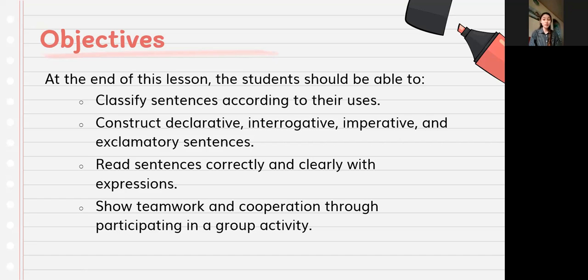But before we proceed to our lesson today, I will first review the different types of sentences. So, let's begin. So, in the first slide,